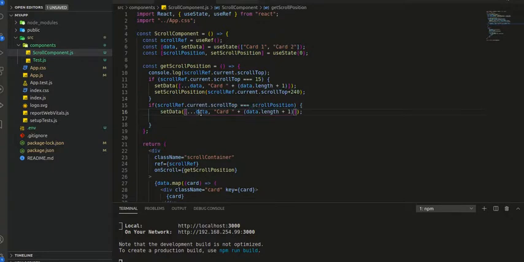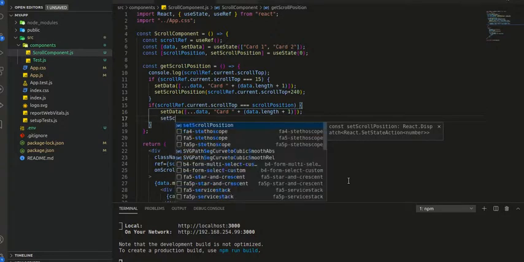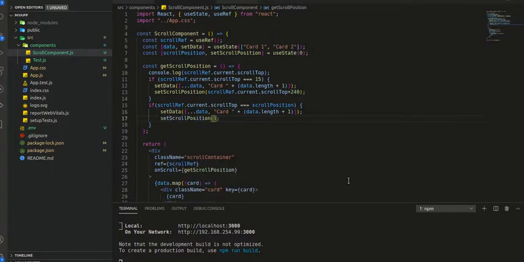So in this case we will be copying the previous data, and we will add another card. And now for the scroll position, what we will do is, we will get the previous scroll position that is already stored in this variable, and to that we will simply add 240.